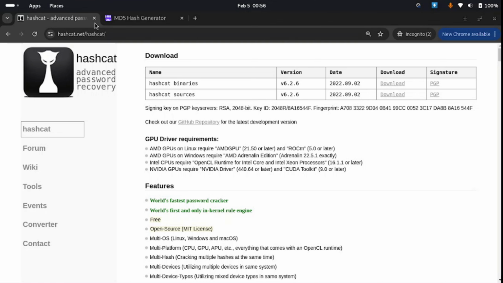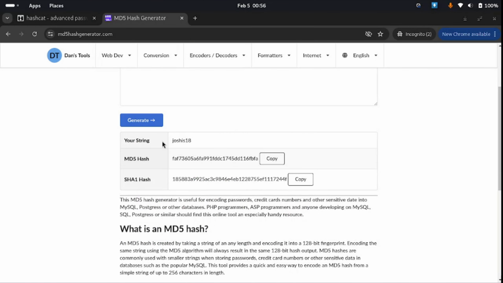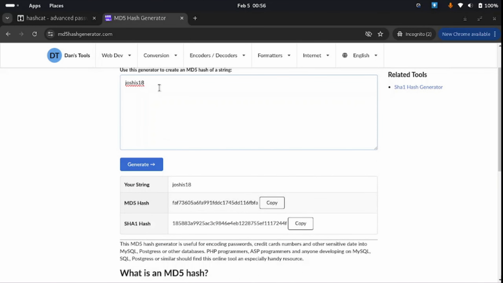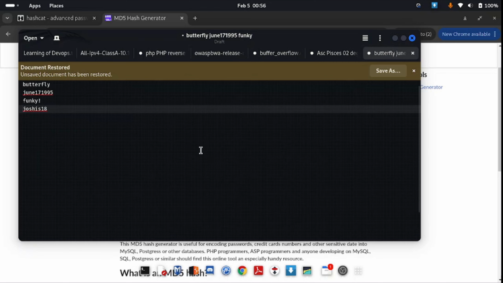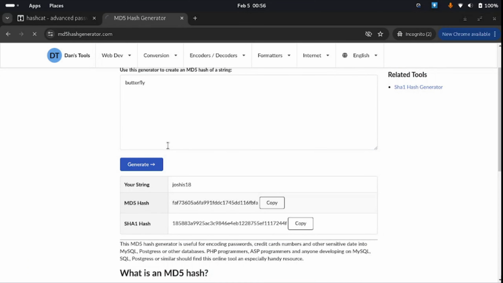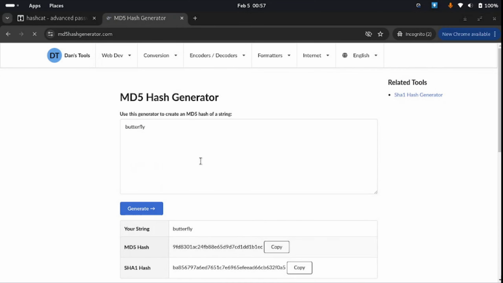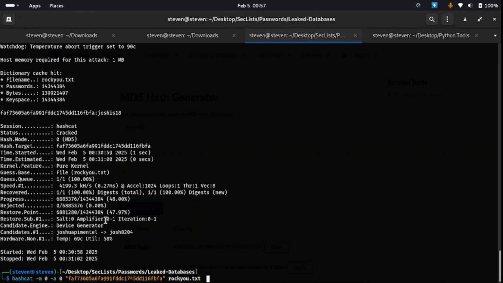So today we are going to try Hashcat on our main machine and also in VirtualBox, and compare the performance of both Hashcat and my hash cracking tool, and see whether Hashcat is really the world's fastest hash cracking tool, or is it just bluffing. So I have taken a string, which is butterfly, and now I'm going to use the string in order to crack the hash of it. So I have converted it to an MD5 hash,